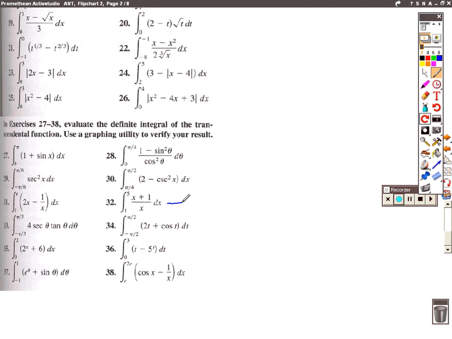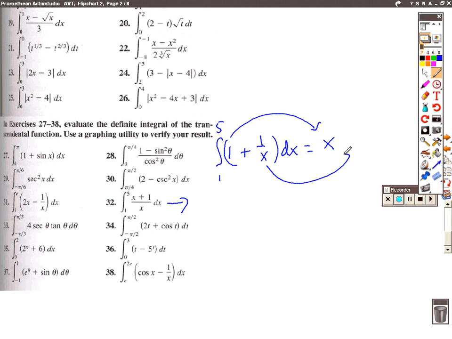32, got to do an algebra rewrite and make it 1 over 5. X divided by x is 1 plus 1 over x. Make sure that you give that x in the denominator, everybody. And when you integrate, find the antiderivative of 1 is x, and the antiderivative of 1 over x is ln of the absolute value of x from 1 to 5. And then you're going to get 5 plus ln of 5